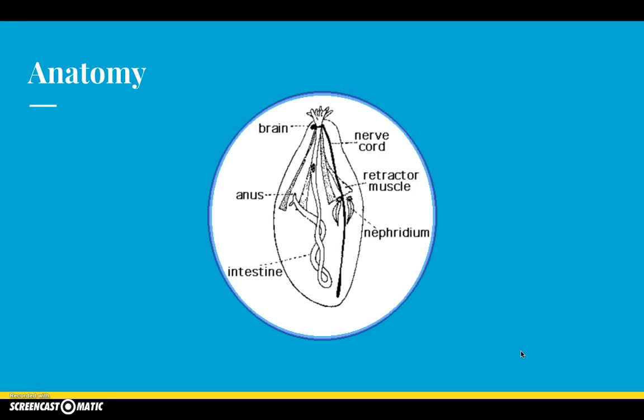Typical of Sipunculans is a forward anterior body section called the introvert, which can be retracted into the body by the retractor muscles and used when necessary. At the tip of the introvert is the mouth, which is surrounded by a ring of tentacles. The body cavity, or coelom, of the Sipunculans is large and filled with fluid, which has free-floating cells as well as free-floating clusters of cells. One of them is called the hemerythrocytes, and the clusters are called ciliary urns. Sipunculans have no circulatory or respiratory systems, and so the fluid transports both nutrients and oxygen to all parts of